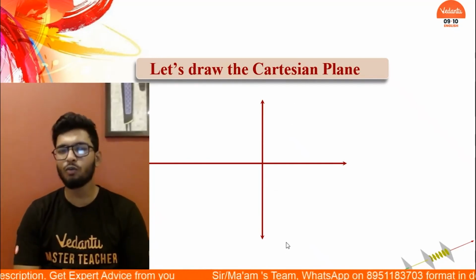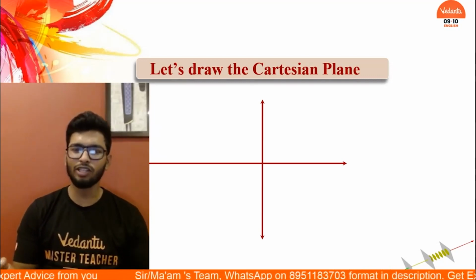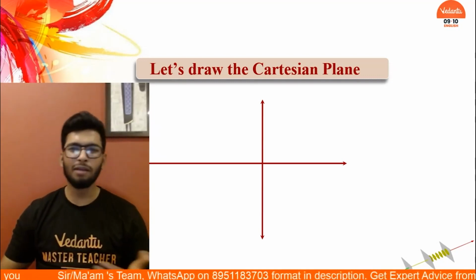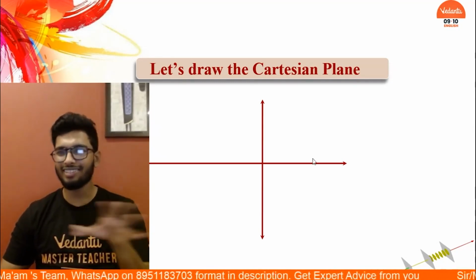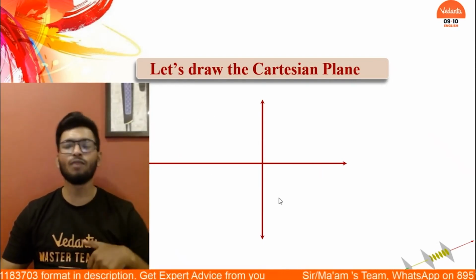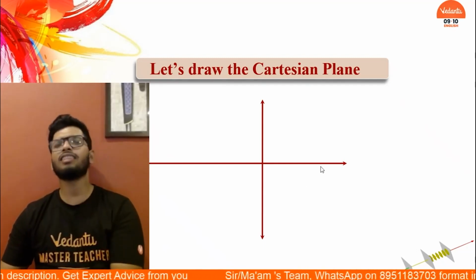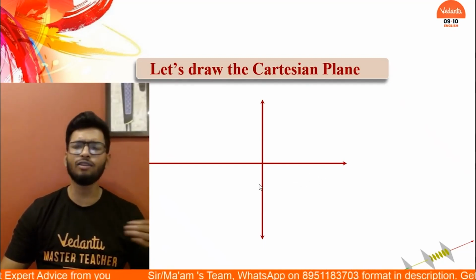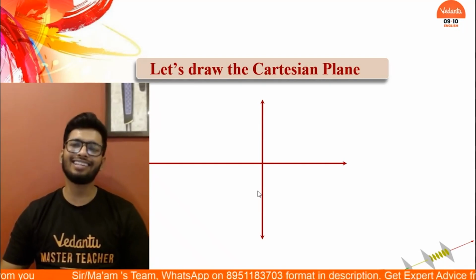Unfortunately, my pen is not working, so I'll not be able to write anything much today. So I'm just going to show you with my pointer. Please pay attention to the pointer here and there. So this is x, this is x dash, this is y, and this is y dash. And you already know that x is considered positive, x dash is negative, y is positive, whereas y dash is negative.